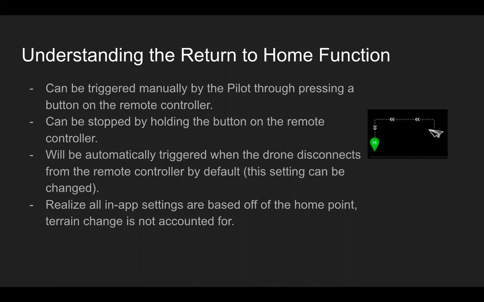But just getting into that return home function a little bit more, this can be triggered manually by the pilot through pressing a button on the remote control. You can stop it by holding that button again on the remote controller. It's going to be automatically triggered when the drone disconnects by default. And it's important to realize that in-app settings are based off of the home point, so terrain change is not